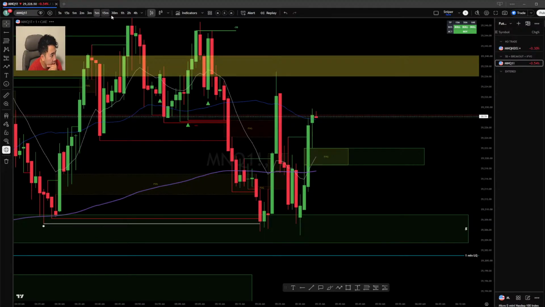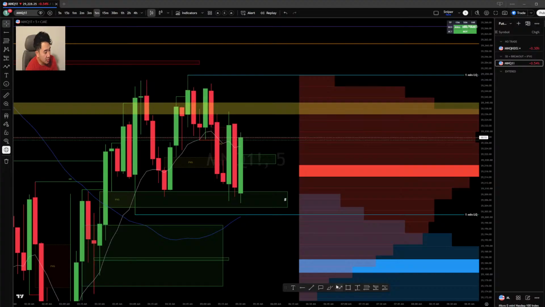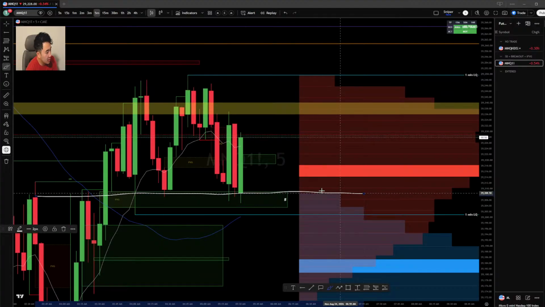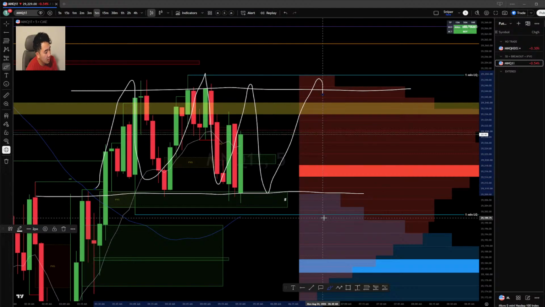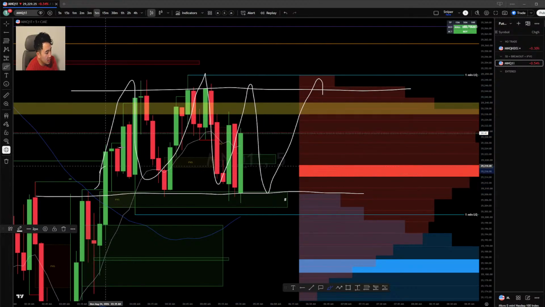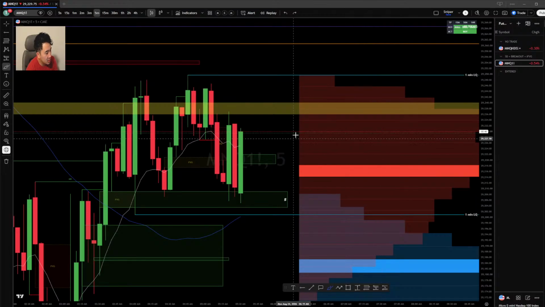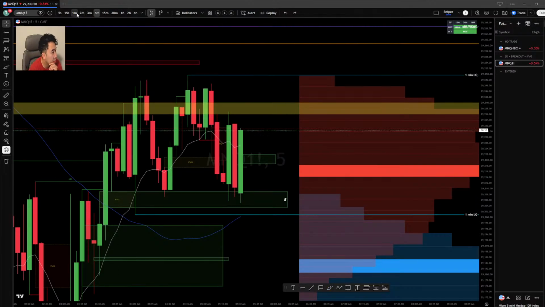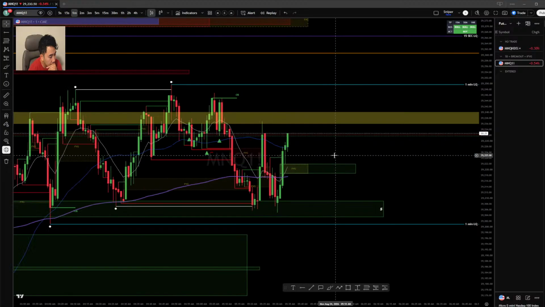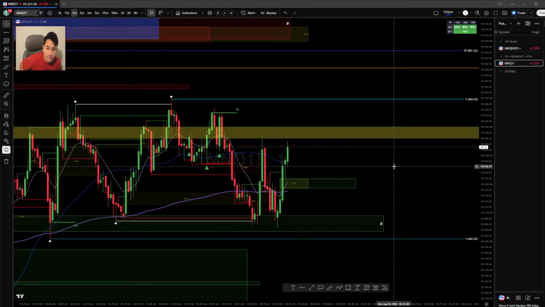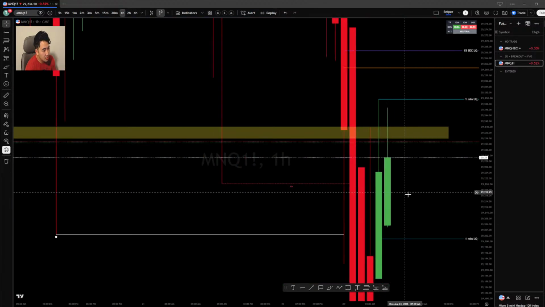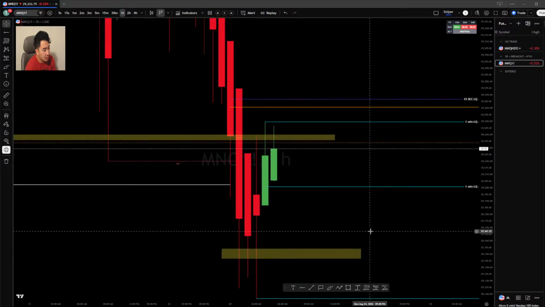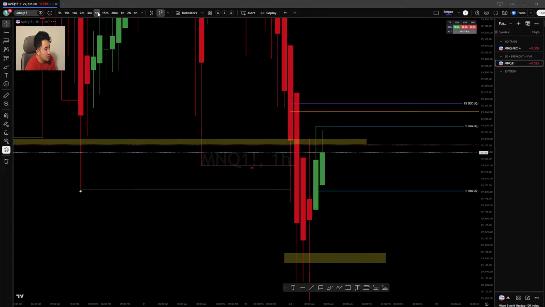Yeah, on the 5 minute, like I said, price is still ranging in between these levels here. So we got this support right here, and resistance up here. But even though it's ranging on the 5 minute, we could still scalp it and catch a trade on the 1 minute time frame. It looks like it still wants to push up.